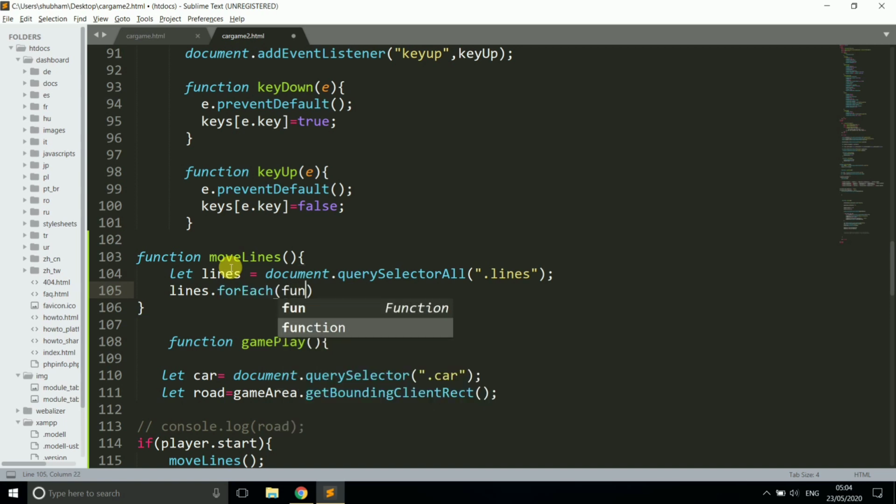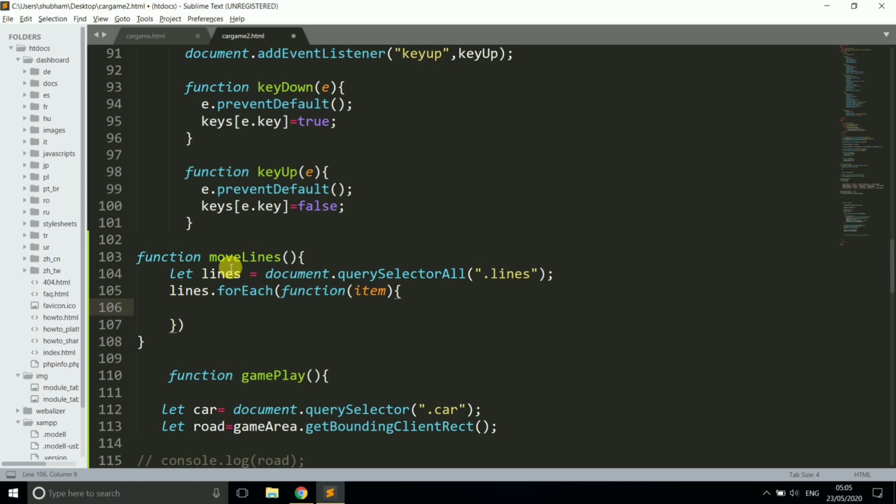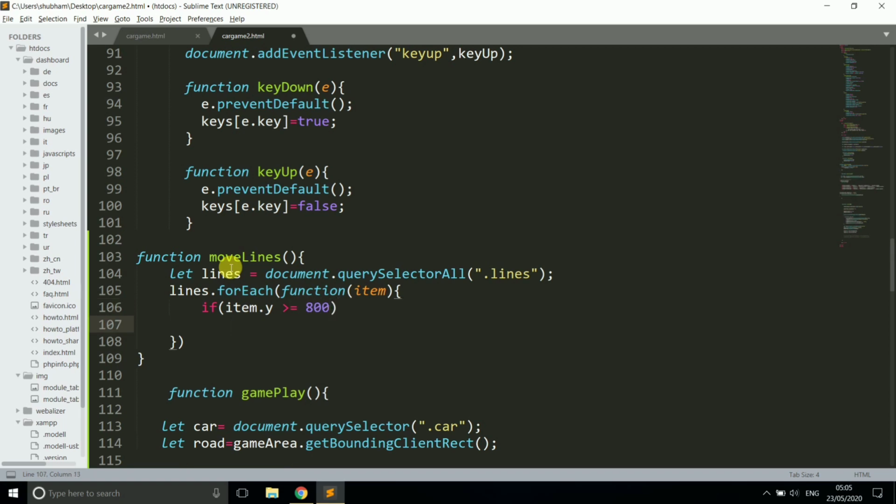So here lines.forEach function. What is forEach? ForEach is used for every element of that loop. When we make our lines, we give x is 0 to x is less than 5. So there are 5 elements, and for each element this function will be applied. So we write lines.forEach and function(item).